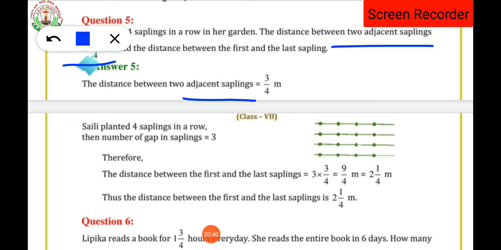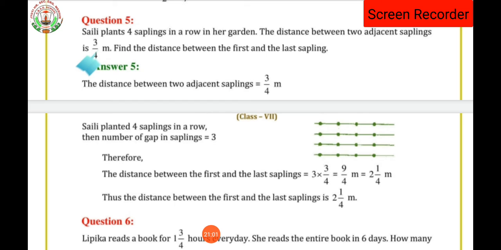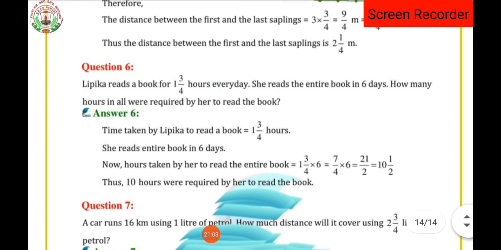Then therefore the distance between the first and the last saplings, it is 3 gaps. So 3 into 3/4. So it will become 9/4. मिक्स फ्रैक्शन में चेंज करने पर 2 1/4 मीटर हो जाएगा. Okay, thus the distance between the first and last saplings will be 2 1/4 meter. Clear everyone? Next question. Lipika reads a book for